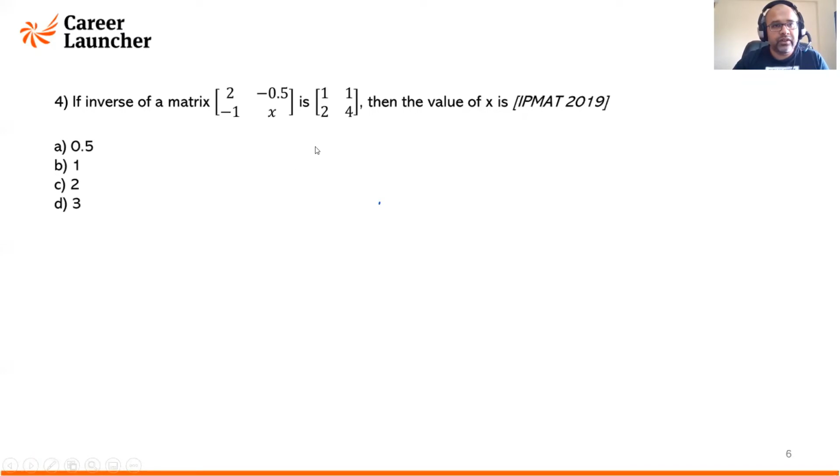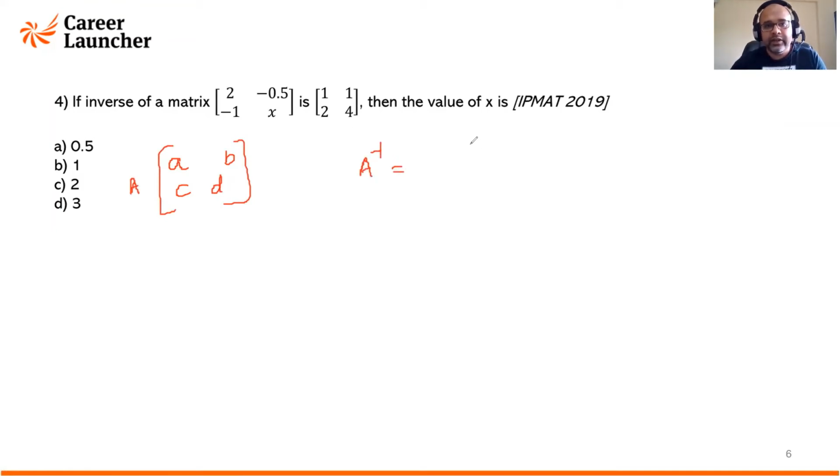So the next question is based on the inverse of a matrix. So let's quickly read it. Thankfully, they have given a 2 by 2 matrix. I already mentioned in inverses of matrices that 2 by 2 inverse they might ask because it's very simple. 3 by 3 matrix is not that easy to get the inverse. So usually they don't ask. Anyway, so if you have A, B, C, D as a matrix A, just to recollect, then A inverse will